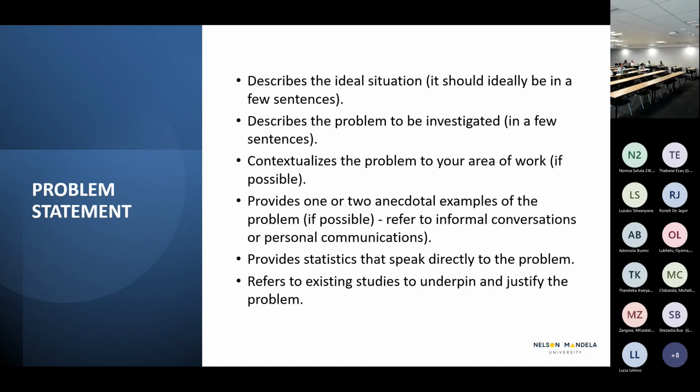And really nice is if you can include some statistics, but local statistics, not global statistics, because your problem is local. Sometimes it's really difficult to find local statistics because maybe there's just no information out there. But there are certain sources which can provide some nice statistics. And then if you're desperate, you can go to the clinic, for example, or to the hospital, or phone the hospital manager or whoever and say to them, can you give us an idea of, for example, how many